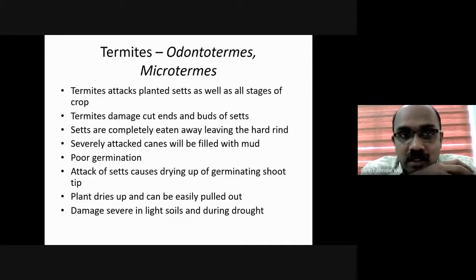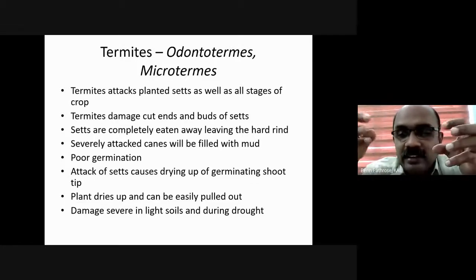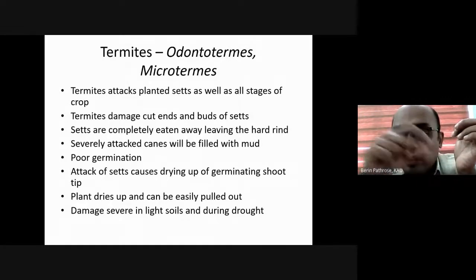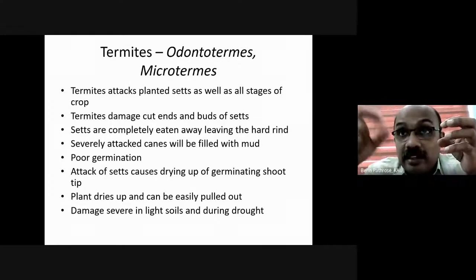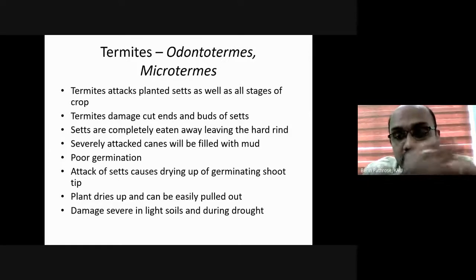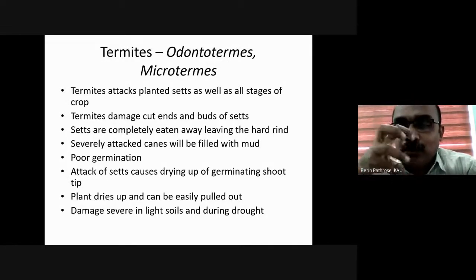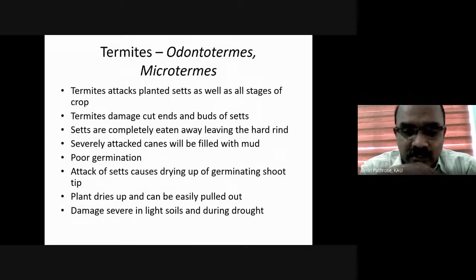I don't know whether you have studied it or not. They will remove a small portion with the bud and keep it in pro-trays, and those pro-tray raised seedlings will be used for planting. So that is a new way of raising. There are so many nurseries in those sugarcane growing tracts which supply them. Sometimes farmers can also do this. They have a small tool to remove those buds. So it's an easy task.